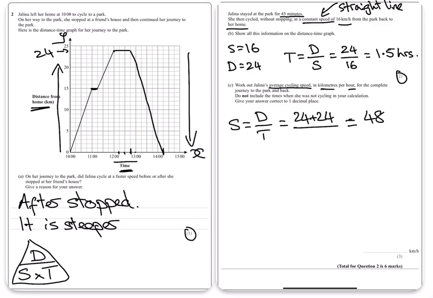Our total time that has been taken, remember, we need to knock off the time where we've been stationary for this. Okay, so I'm going to ignore this 15 minutes here. I'm going to ignore this 45 minutes here. And essentially, if I add up all of these periods of time from here to here, from here to here, and then from here to here, I end up with a total of 3¼ hours. Remember, a quarter as decimals would be 3.25. So 48 divided by 3.25, chuck that into your calculator, and you will get an answer of